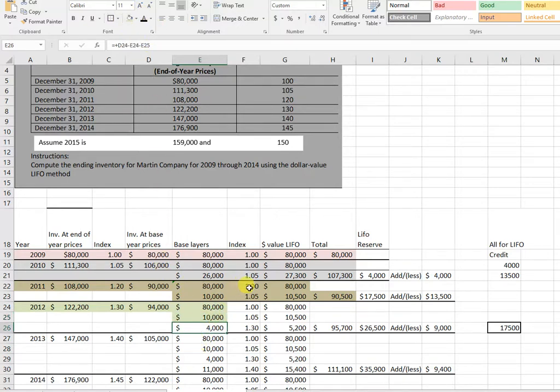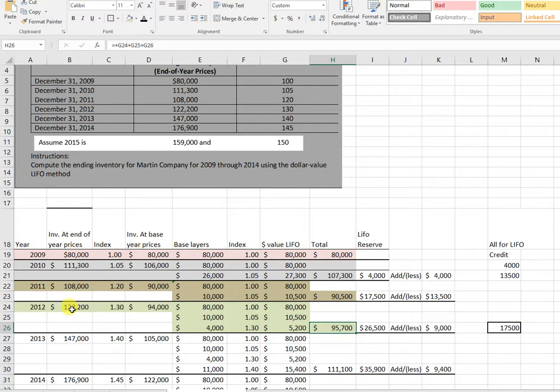Okay, so I go up here and I use these. 105. I have no 120 layer because I didn't have enough in that year because my inventory went down. But I do have a 130 layer. So I take those, I bring them back forward. So 80 times 1, 110 times 105, 4,000 times 130. So there's my 3 layers. I add them all up, I get